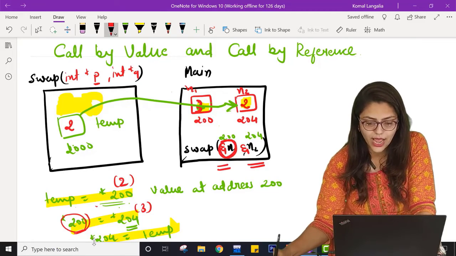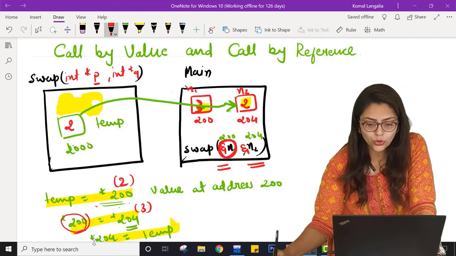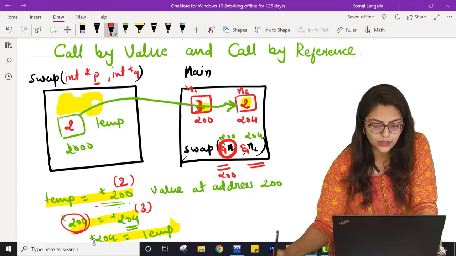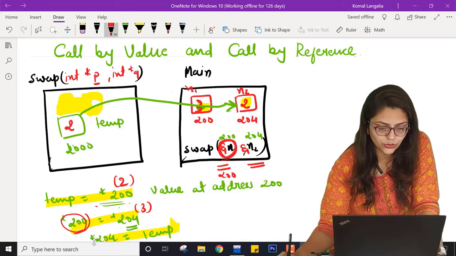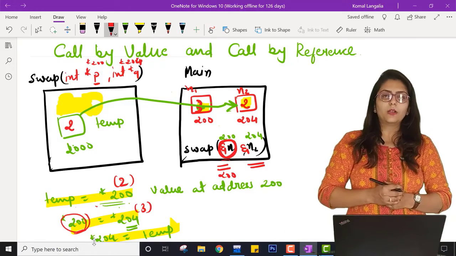We know that this entire value will be copied to this variable. But here we have placed star. So here 200 is there. This means 200. So actually it is star 200, right? And here it will be star 204. So we are passing this kind of argument to my function.